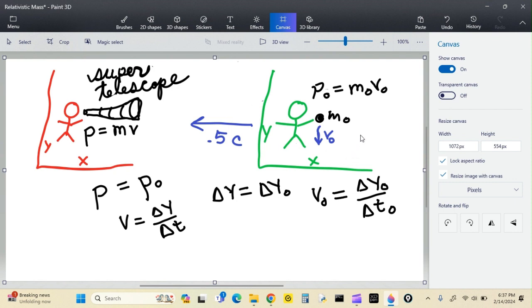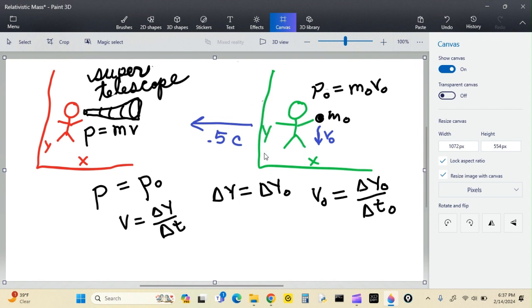Strange, strange, strange. But anyway, what we're going to try to do is say that the momentum from what red man sees in green man's world is going to be equal to the momentum up here. So this we have to believe is that the momentum, whatever is mass times velocity in red man's world, as we see it here, we have to somehow relate to mass and velocity there. Okay, velocity is the change in y with respect to t. In other words, y is changing with time.